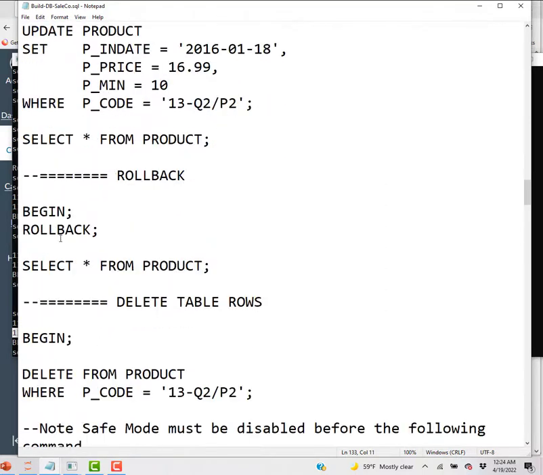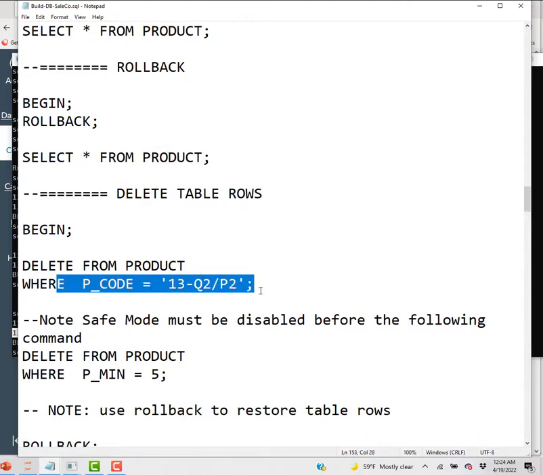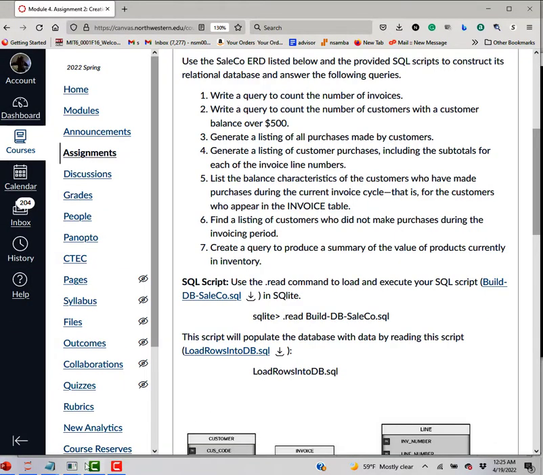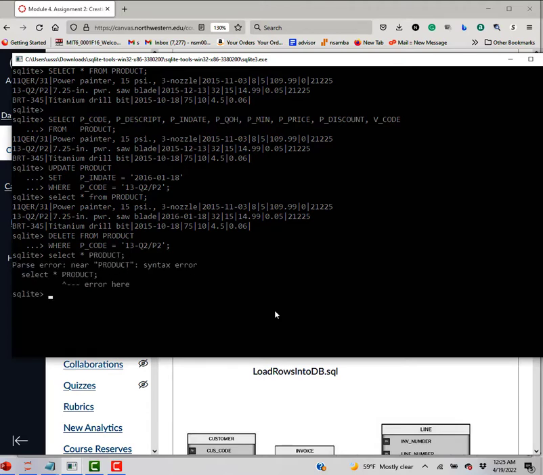So we can do all those things, and then begin, rollback, select from all those things. Delete table rows you can do: delete from product a particular row where P code is equal to this one, so it will delete that. Let's run this one and see what happens now. So I'm going back here. Let me run that one, and then that row should be gone. If you do select star from product,